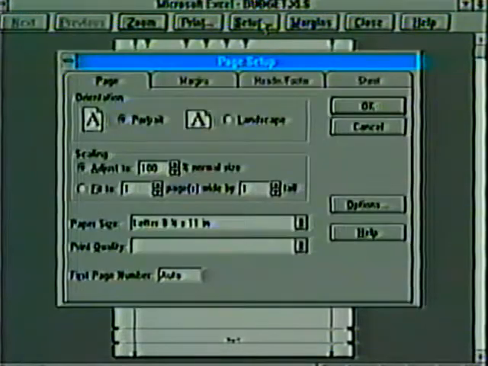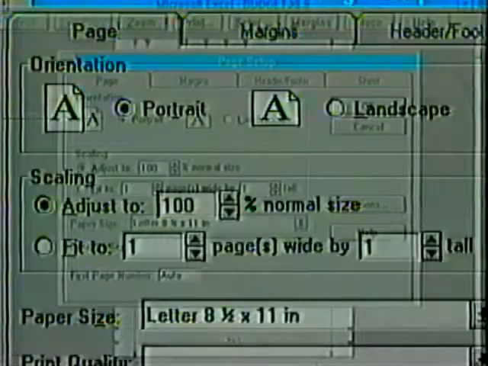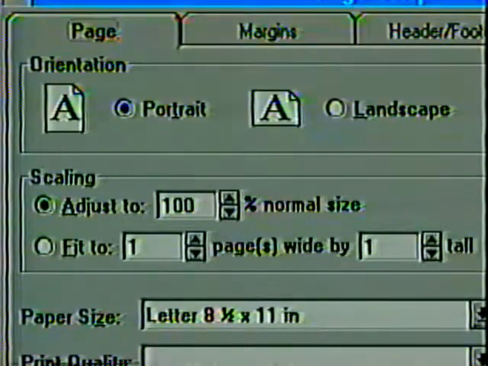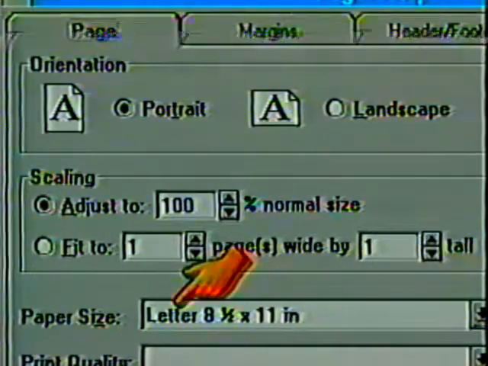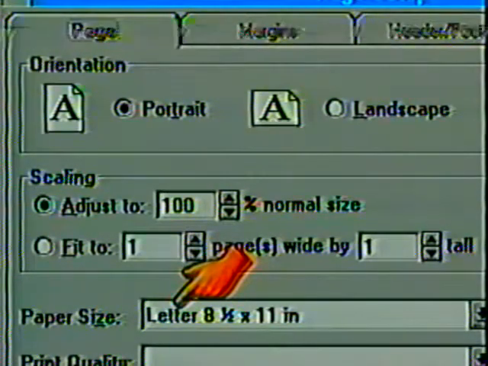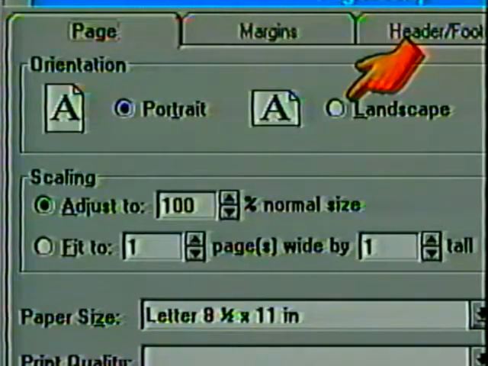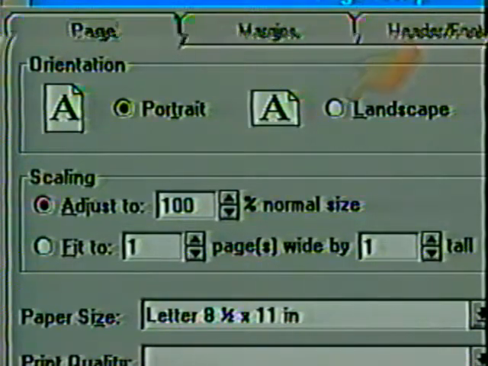We first see the page setup. The defaults are Portrait Orientation, at 100% size, on 8.5 by 11-inch paper. Sounds right to me. But remember, there will be times when wider spreadsheets will fit much better on the Landscape Orientation. Click on the Margins tab,